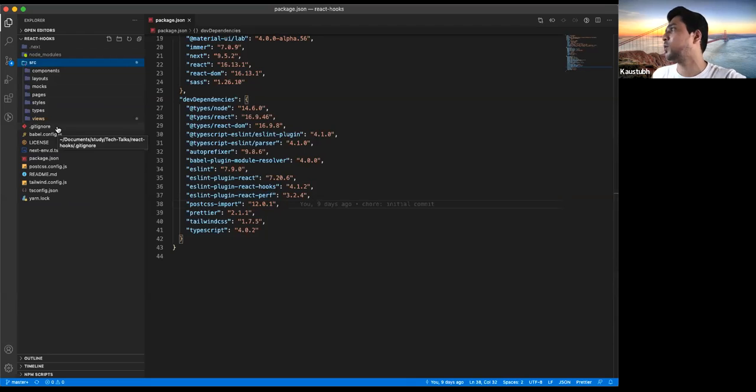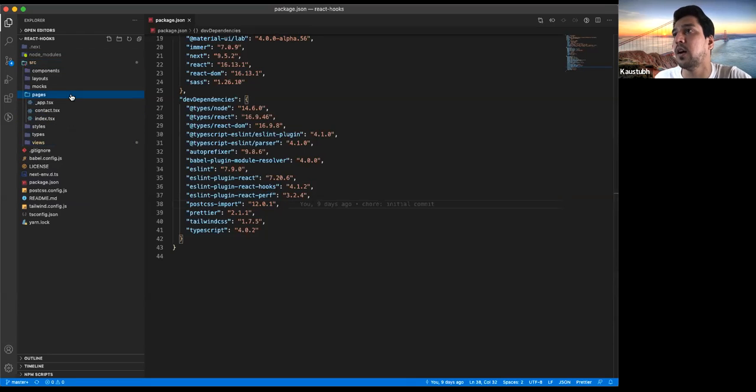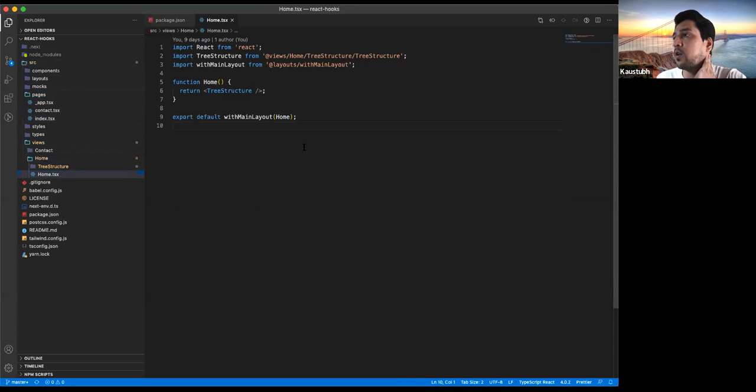Let me walk you through the simple project directory structure. I have main pages. I have only two pages over here, contact and index. I'm more focused on the index page. I have two views, and one of them is the home view, which has an HOC wrapper over here, because some components will be static throughout your application. So we can say that those are global components like the header and footer. It is just taking care of those things, while the main content area section is going to differ based upon your route.